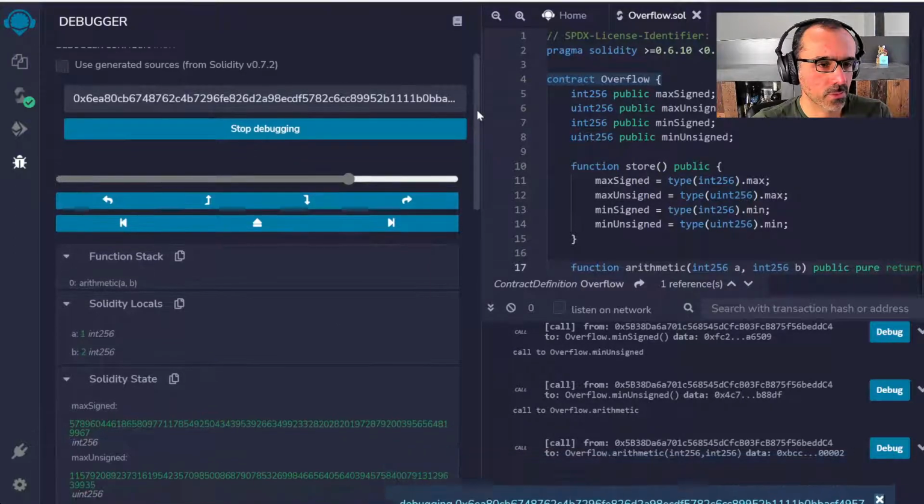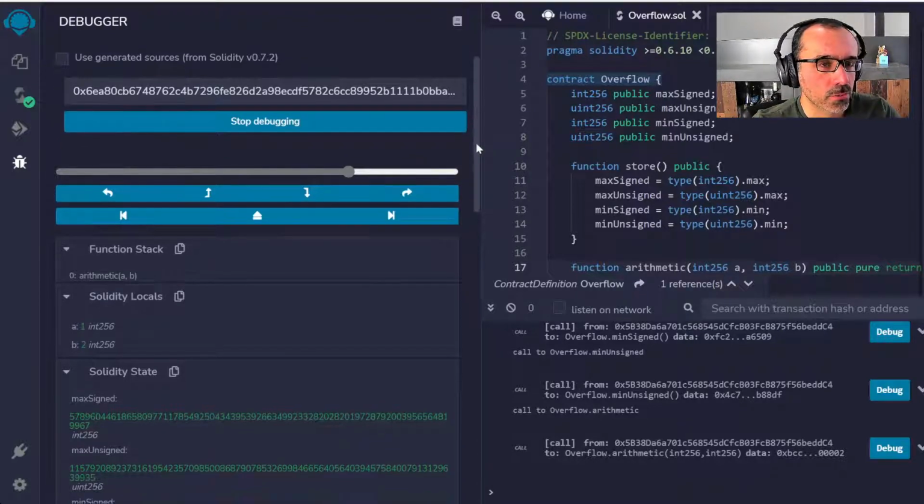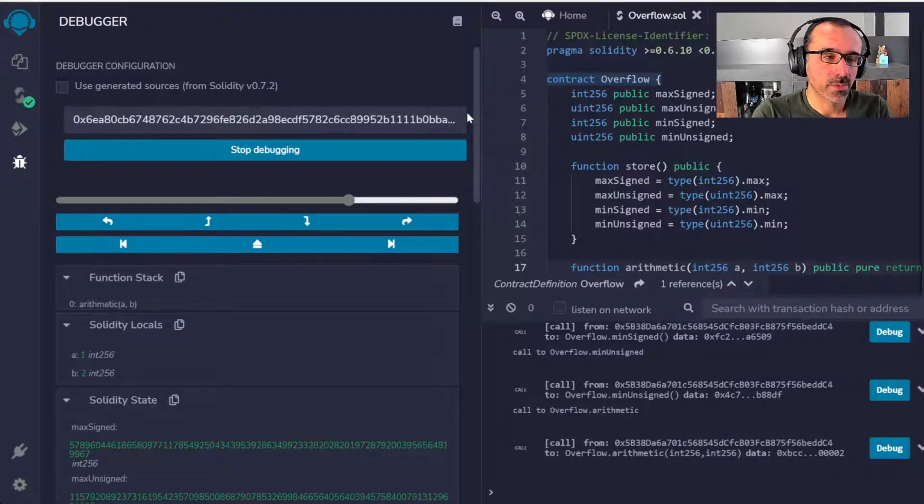Quite good in terms of the functionalities that it has for us to do a low-level debugging of this contract. So the debugging now effectively happens right on the call where the values 1 and 2 are passed into that arithmetic function. So I'm not debugging the whole main program and setting breakpoints. It's nothing like that here. Effectively, we are debugging a transaction or a request that has already been done.